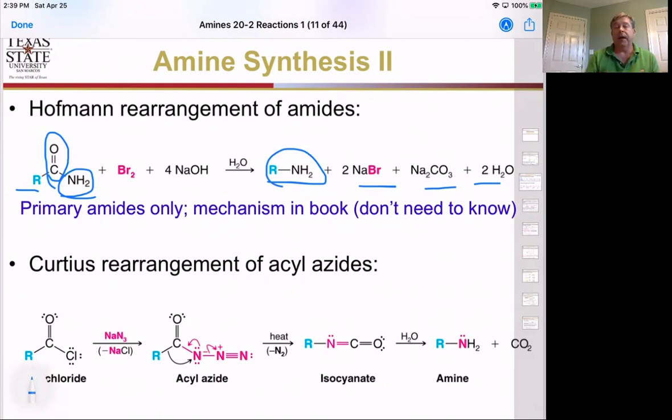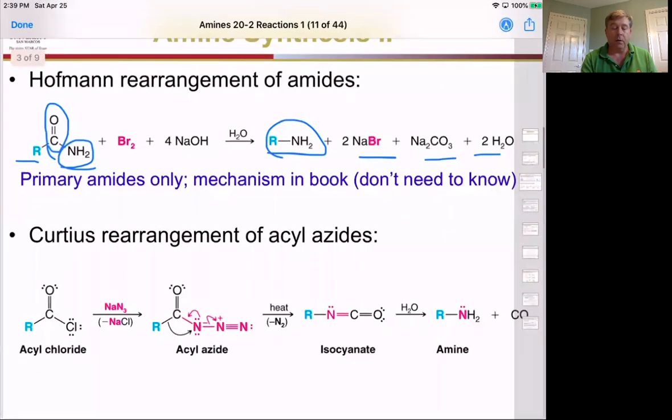Another rearrangement we have that actually also loses that carbonyl compound is what we call the Curtius rearrangement. And in the Curtius rearrangement, what we do is we take an acid chloride and react it with this sodium azide right here. And again, we don't want to use a lot of this. We want to keep these in solution because they tend to be explosive when they're heated. And what we'll do is we'll displace the chloride ion using the sodium azide to give us this acyl azide